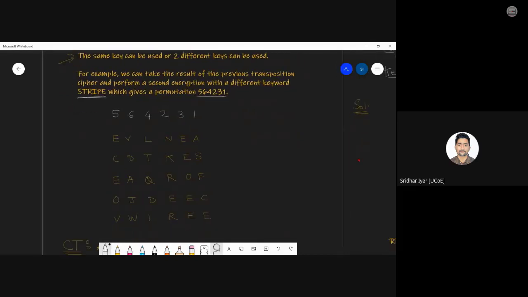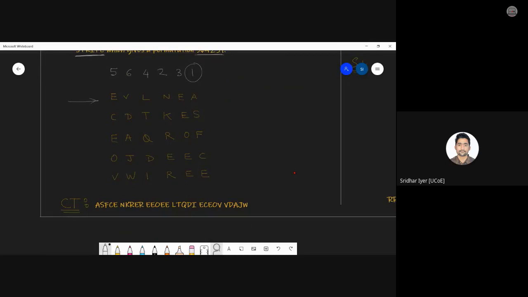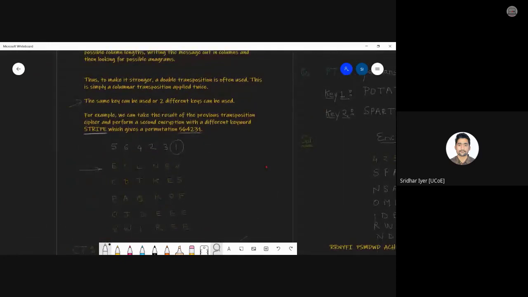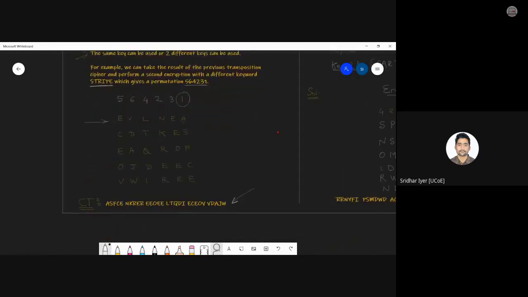Am I making sense? So according to that, we have again written the entire ciphertext row by row, and then we will start encrypting it according to the key given. So it will be ASFCE, NKRER, and so on. So this will be my new ciphertext. Am I clear? Fine. I'm not showing the decryption part again because it is exactly the same thing. You have to first of all count the total characters over here. That is again coincidentally 30, and divide that by the key length 6. We will get 5 characters. So you will start filling up this according to the key, and you will get back the plain text. Am I clear?